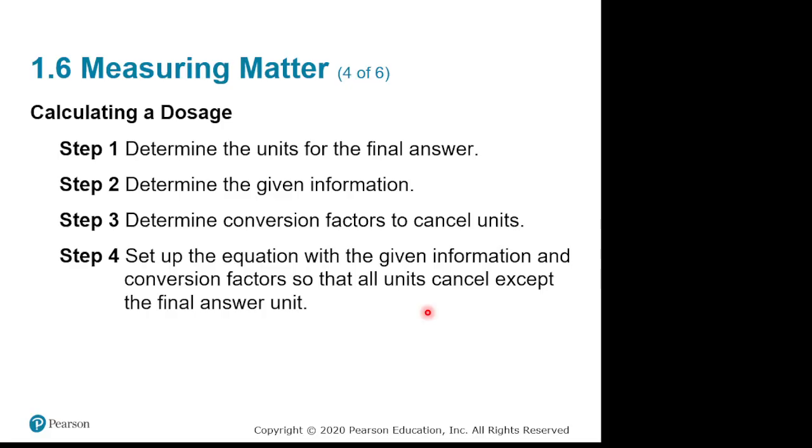So what am I talking about when I'm talking about dosing? Well, typically this is going to be something along the lines of 1 pill per every 100 pounds. Okay? And everybody's okay with the fact that this means per? Okay, now, if I say 1 pill per 100 pounds,